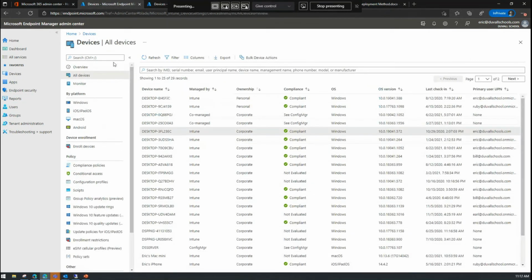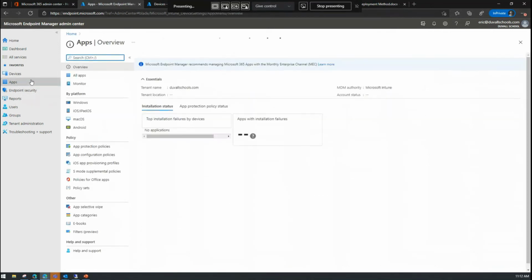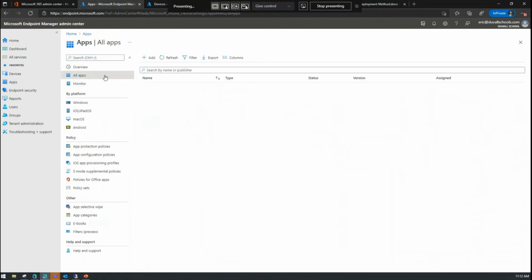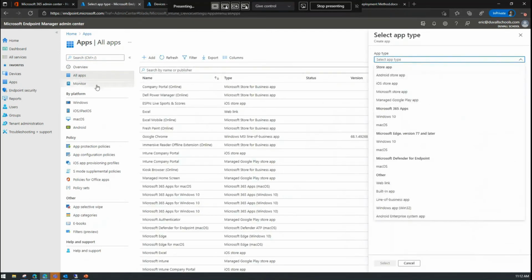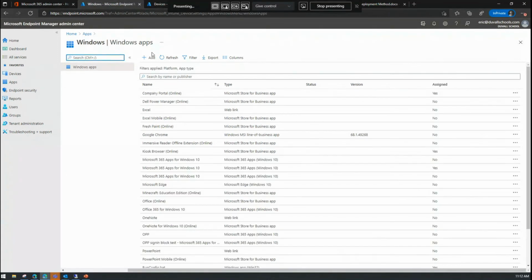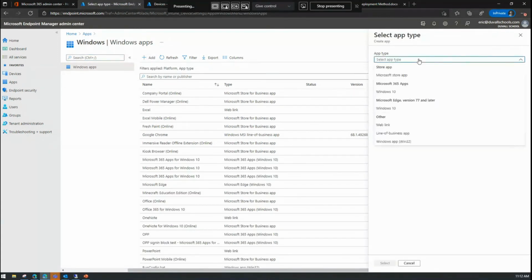Let me show you how to deploy Office, because this is always super simple to do. So over on the left-hand side, I'm going to go to Apps. Intune can deploy lots of different types of applications. Let me go down to Windows on here. I'm going to click Add up here. You can deploy a store app. There's the 365 version of Office in there, Microsoft 365 Apps, the new Edge, web links,